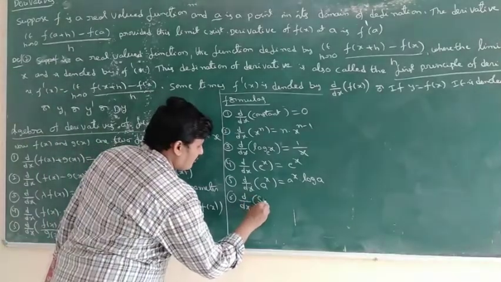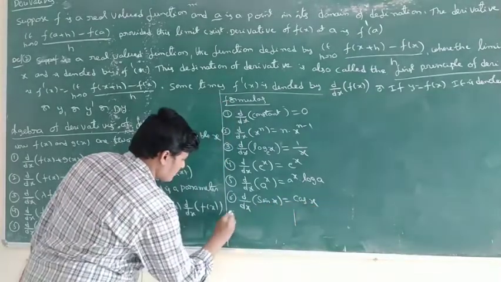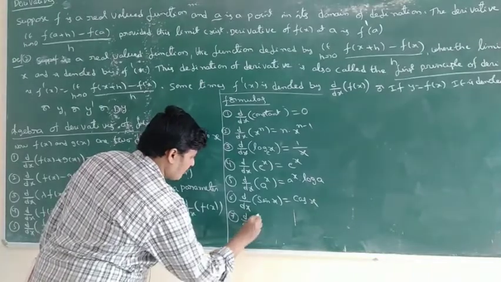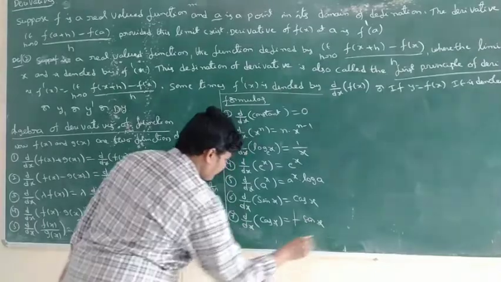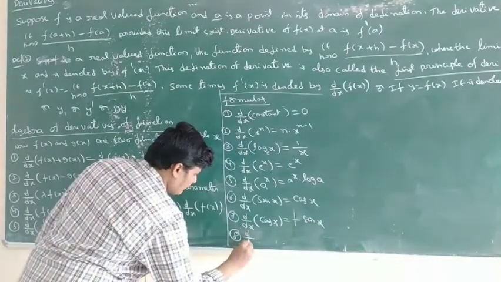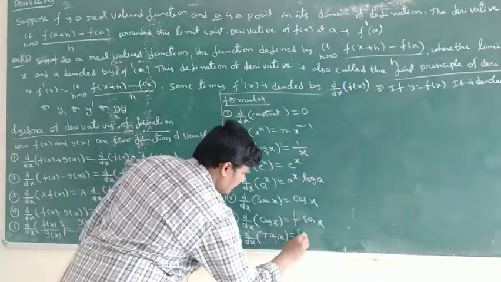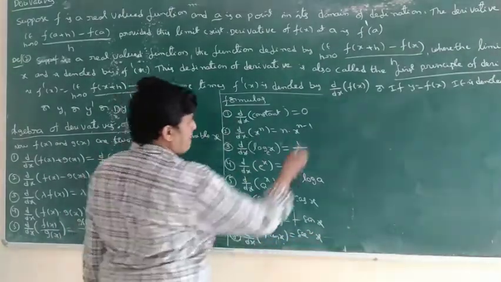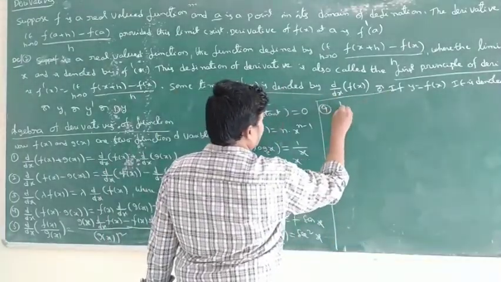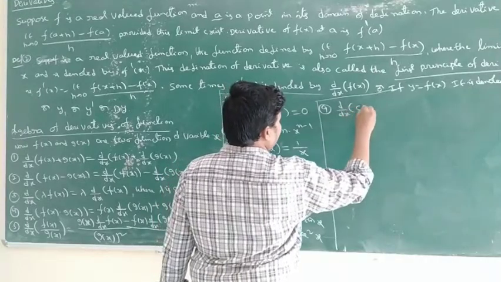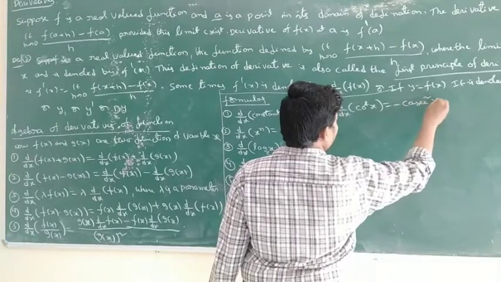Next, derivative of sin x is equal to cos x, derivative of cos x is equal to minus sin x, derivative of tan x is equal to secant square x, derivative of cot x is equal to minus cosecant square x,